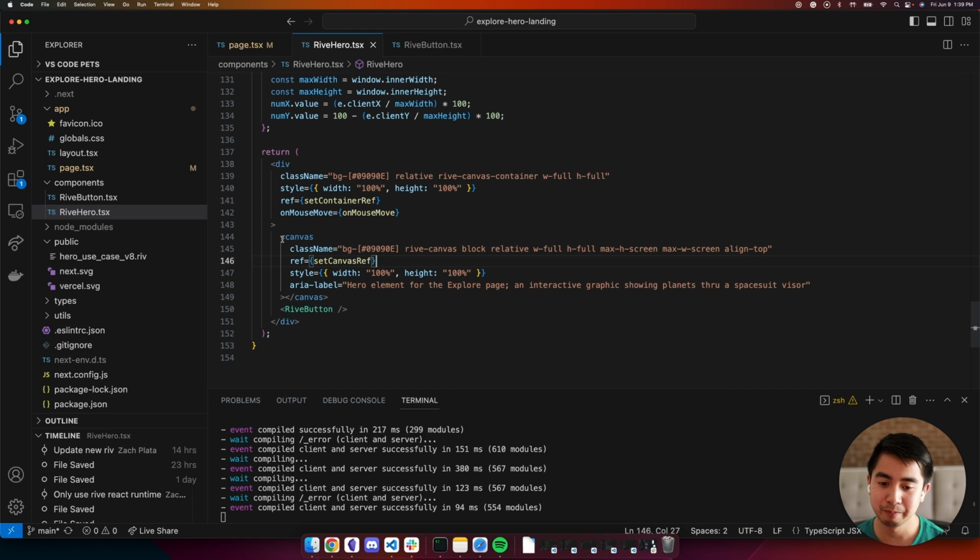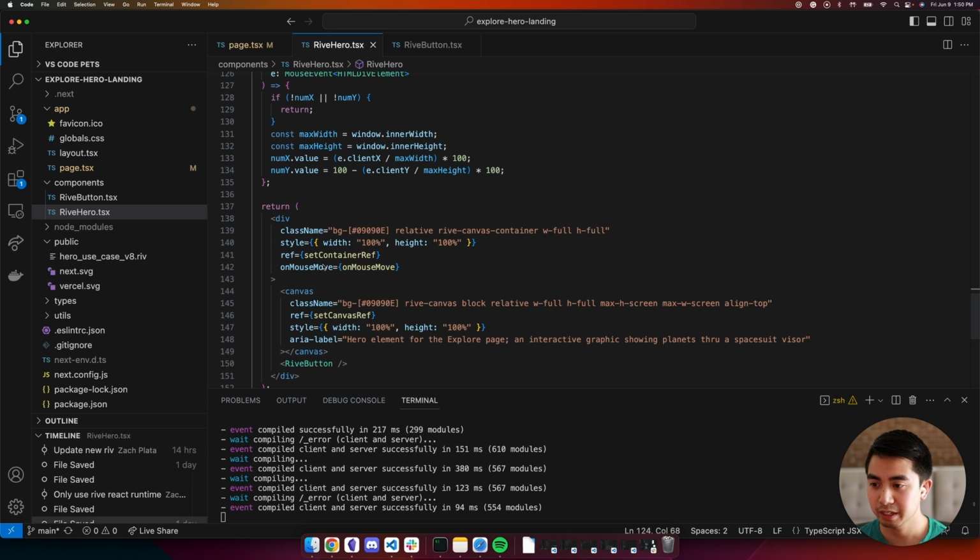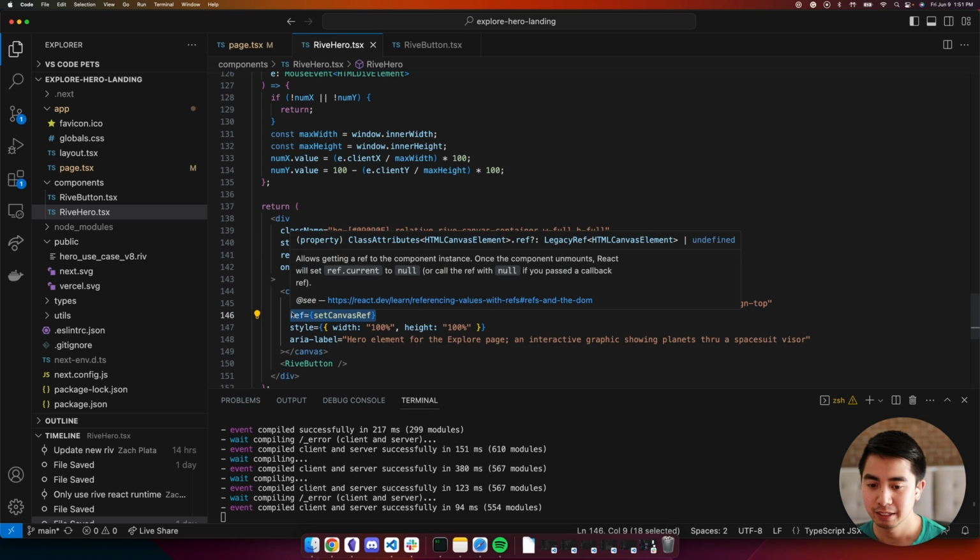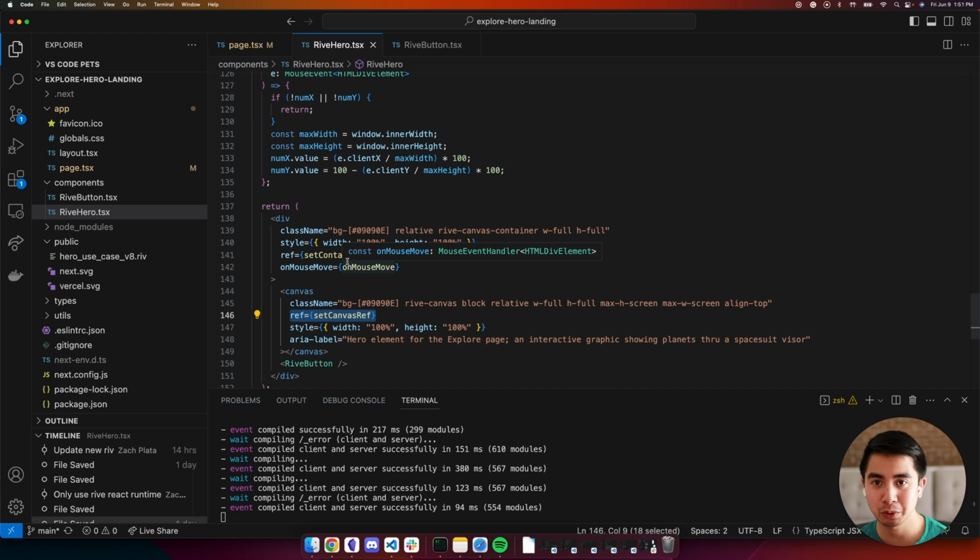Now, behind the scenes, the rive component that we would have normally exported from useRive, it's essentially what this markup looks like. It's a div with an encompassed canvas element here. So using the set container ref and set canvas ref callbacks that we get from useRive, we can set those as ref attributes on the parent div and canvas child ourselves. And this way we have full control of that parent div element as well as the canvas. And we'll see how we can basically copy over that resizing logic that we use in the Rive React runtime under the hood while adding some custom logic in.